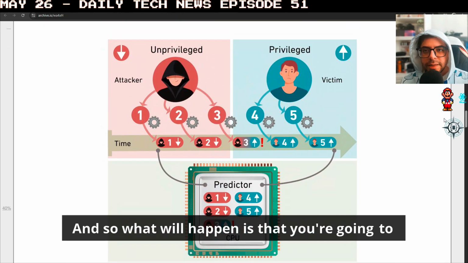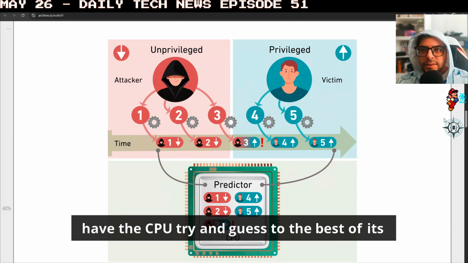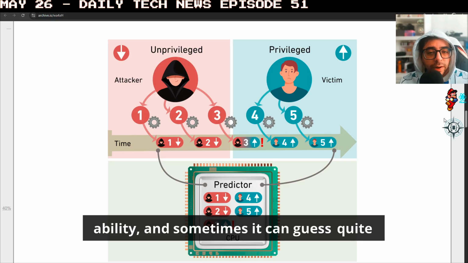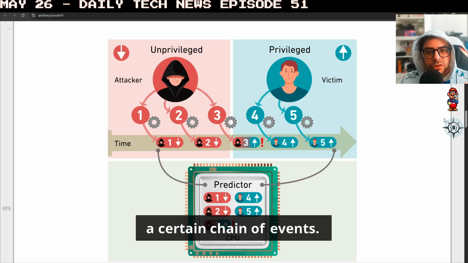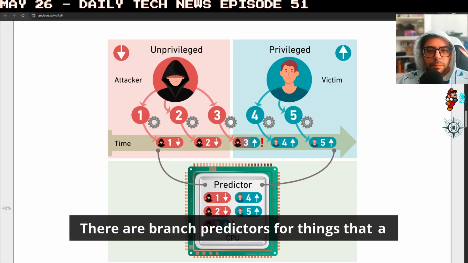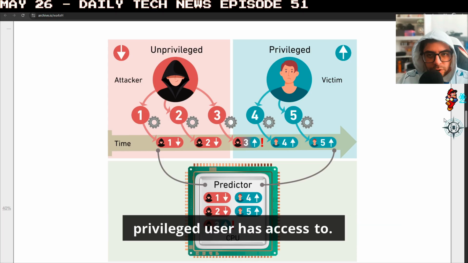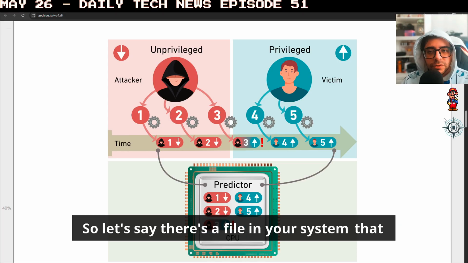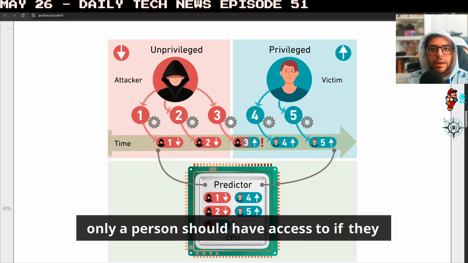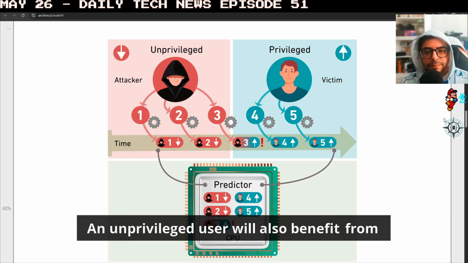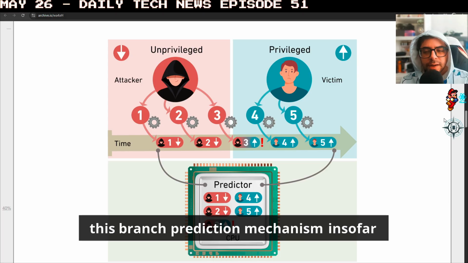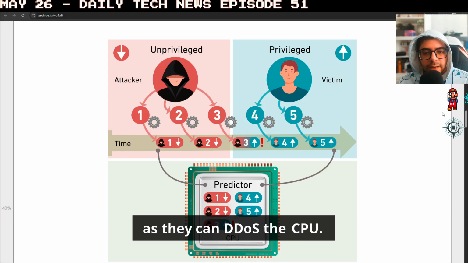And so what'll happen is that you're going to have the CPU try and guess to the best of its ability, and sometimes it can guess quite accurately, where you're going to end up in a certain chain of events. There are branch predictors for things that a privileged user has access to. So let's say there's a file in your system that only a person should have access to if they have the right credentials. An unprivileged user will also benefit from this branch prediction mechanism insofar as they can